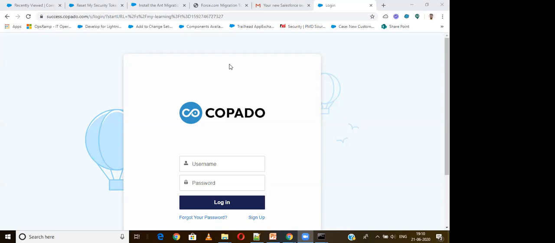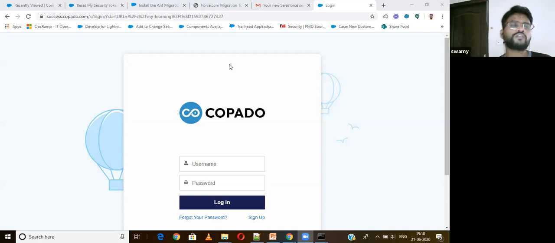First of all, why should we go for Copado? I will not suggest going for Copado if your team size is small. Copado is very helpful if you are working in large teams and you have different orgs, so you have to keep a sync between them.